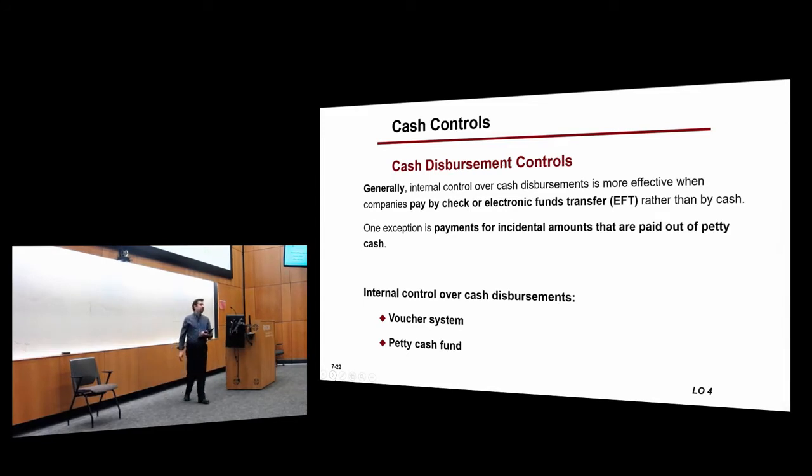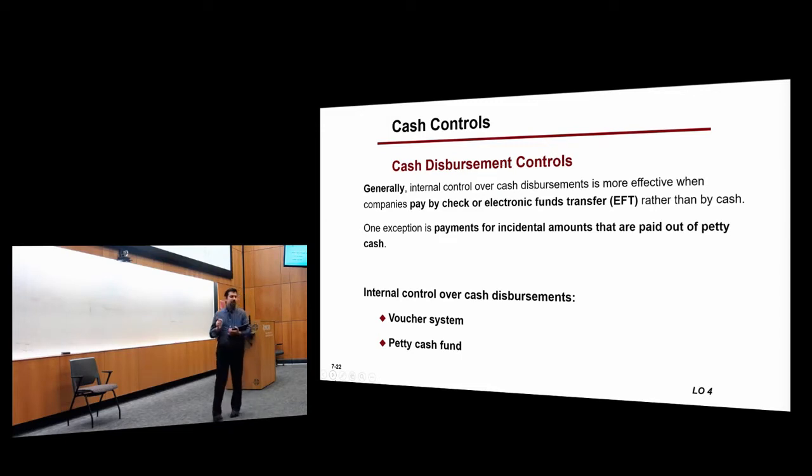Cash is easy to steal. So if you are making a payment, it's very easy to pay yourself or your friend, etc. So there are usually companies when they make payments, they use a voucher system. This is like a series of approvals. However, in certain cases, they use what we call petty